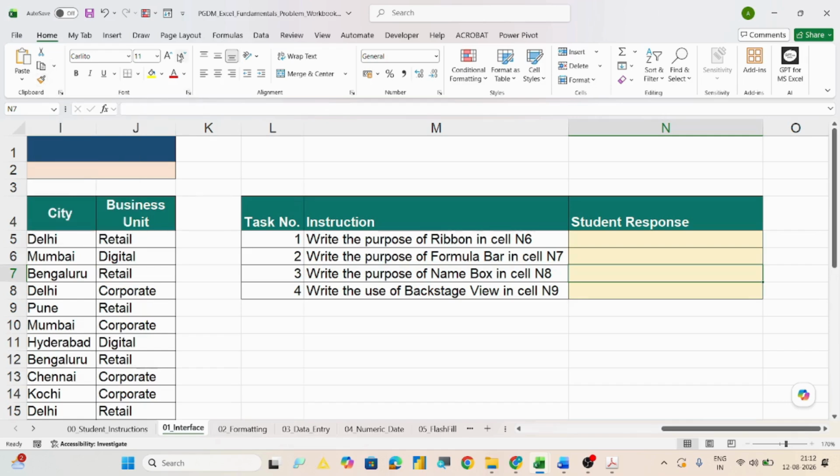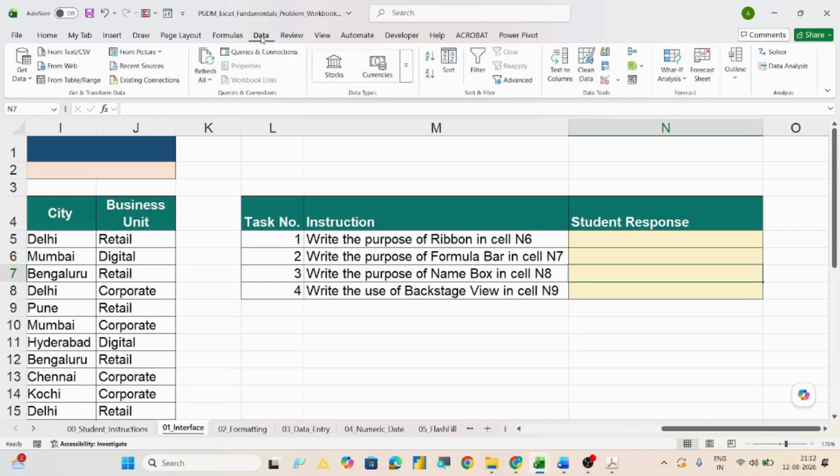When you look at another command group, which has the name font, it has options such as bold, italic, underline, borders and all. And if you change the tab, and I have clicked on the data tab, you see that the options in the ribbon are changed.